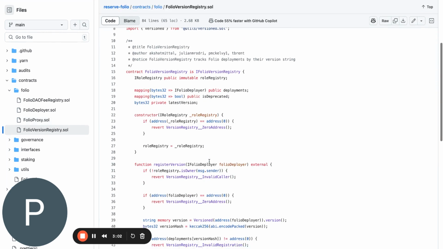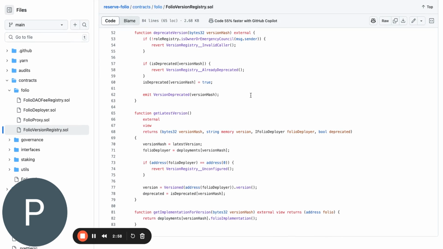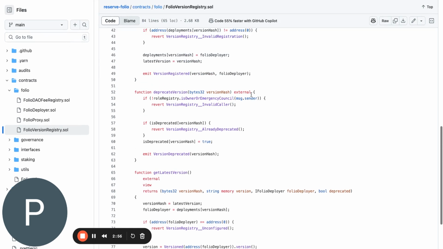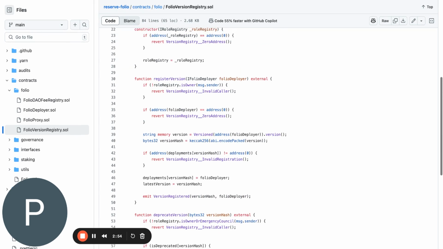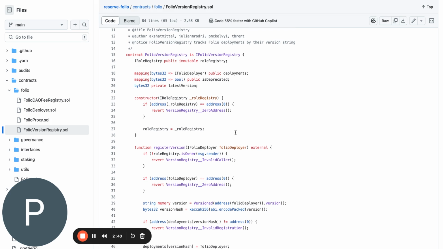The version registry, also used for proxies. So any proxy is going to be upgradable, obviously, by the owner of the folio, but can only be upgraded to an implementation version that exists in this registry. This registry will be maintained by a separate address,